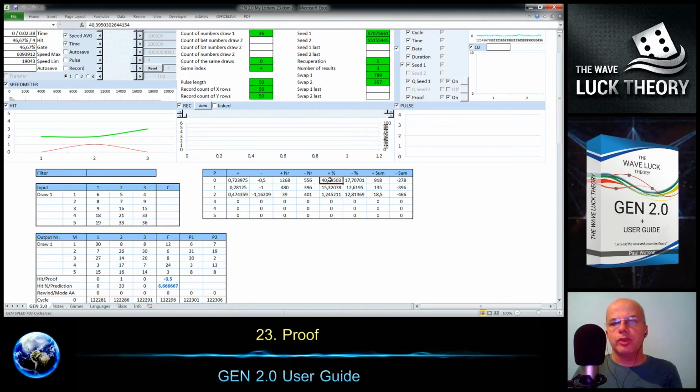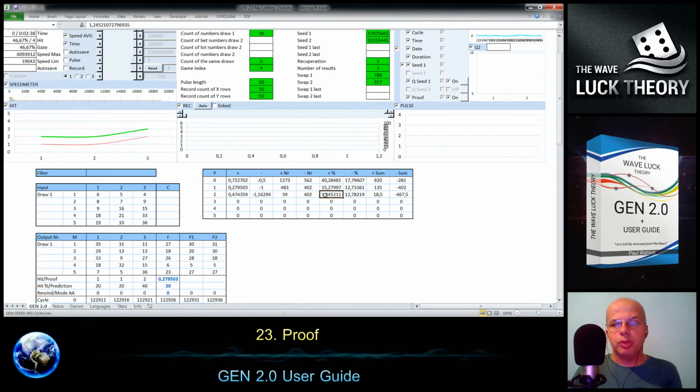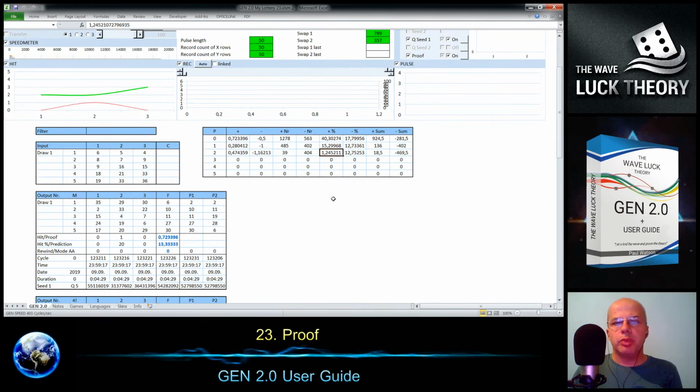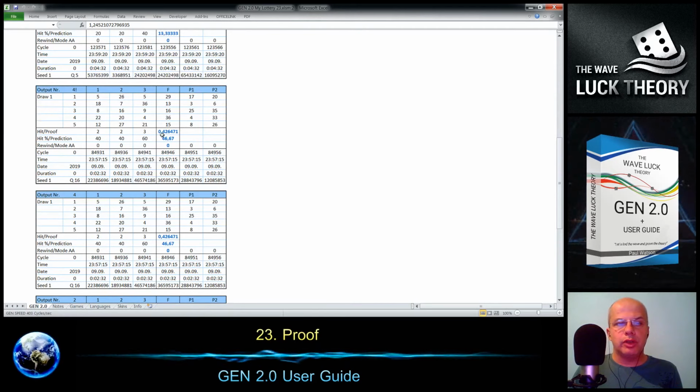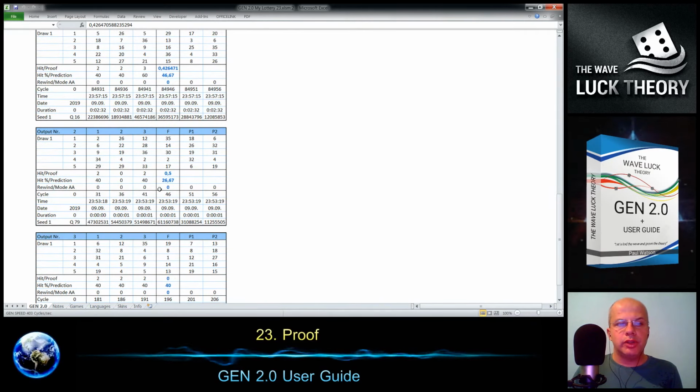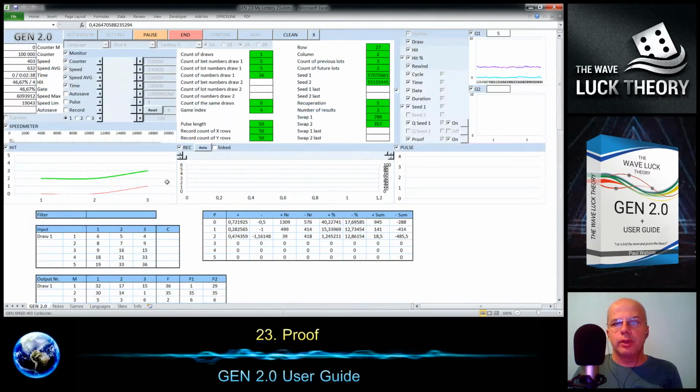That is also positive for the proof of the wave-like theory right here, because it still has a tendency to grow up. And we have 15% in the first level and 12% here on the second level. Here is 1% of the positive. So it really can help us and show, if we look for a result and see what the deviation is, if it's positive or negative, it can help us decide which result we will select for our ticket.